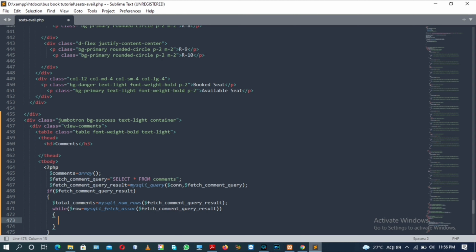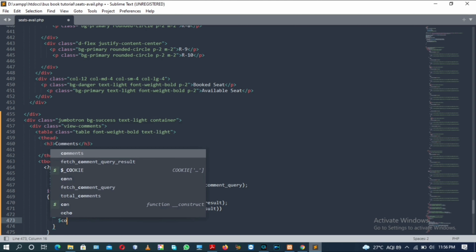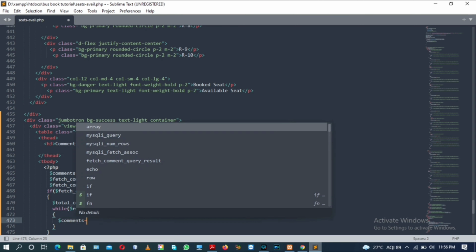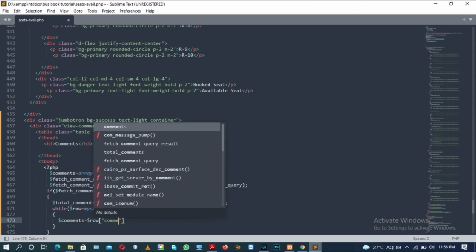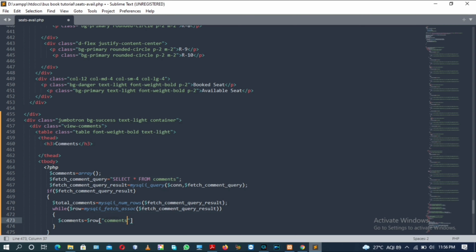Inside the while loop we will store the comments fetched from the database in the row variable, using the index comments, which is the name of the column of the comments table.